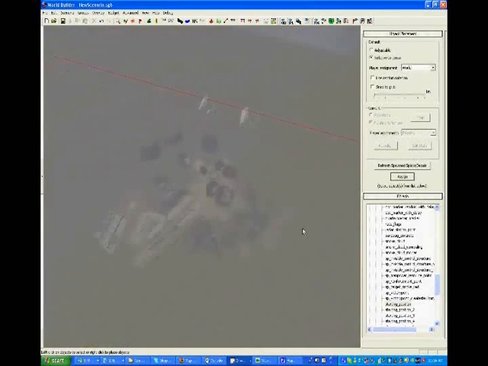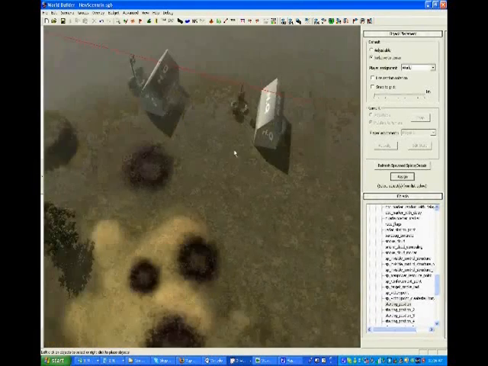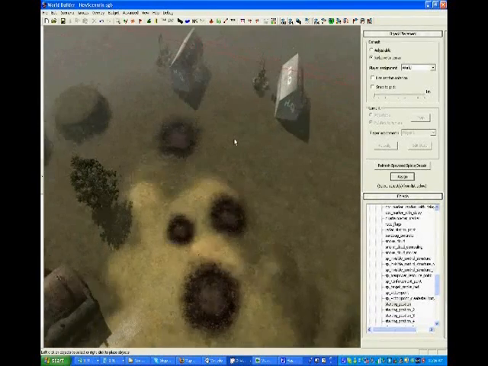Alright. Now that I have places that I can actually start in the map and spawn into, there's one more thing I need to cover before I can actually play on my map. I need to worry about